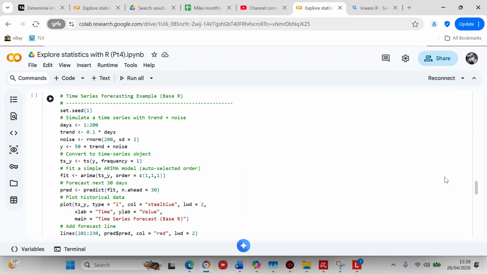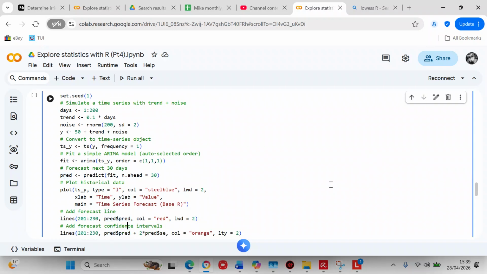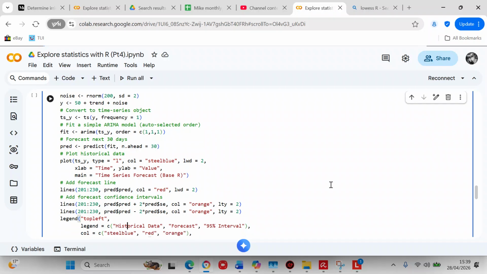plot(ts_y, type = "l", color = "steelblue", lwd = 2, xlab equals your label on your x-axis, which is time, and ylab is the label on your y-axis, which is value, and main is the title, which is time series forecast times R. So we're going to add a forecast line,